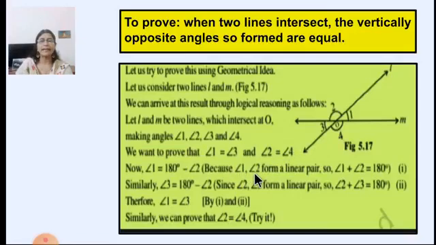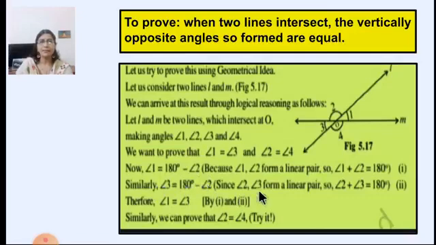As we know, angle 1 and angle 2 form a linear pair because they are lying on this line M. So we can write angle 1 plus angle 2 is equal to 180 degree, as it is forming a linear pair of angles. Or we can write angle 1 is equal to 180 degree, and this plus angle 2 we bring to the other side. By the transpose method, it will become 180 degree minus angle 2. So we can write angle 1 is equal to 180 degree minus angle 2.